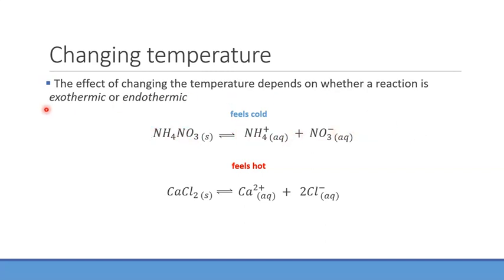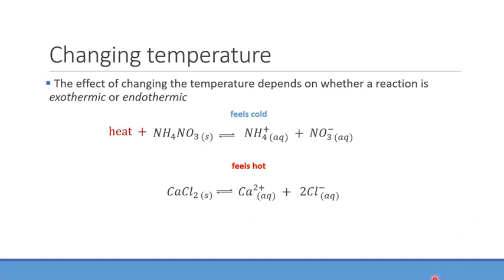So let's think about what exothermic and endothermic mean. Endothermic means we have a positive delta H and energy must be absorbed from the environment. That is this kind of reaction where it feels cold because energy is being pulled in away from the beaker, away from your hand. This reaction is exothermic. Energy is being released into the environment. There's a negative delta H and that energy is leaving the reaction to the beaker, to your hand,